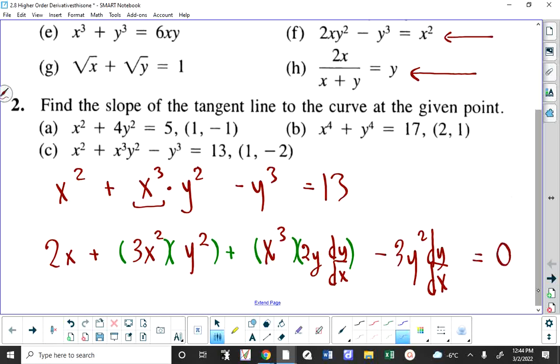Equals the derivative of 13. Well, 13 is a constant, so that's 0. Now,